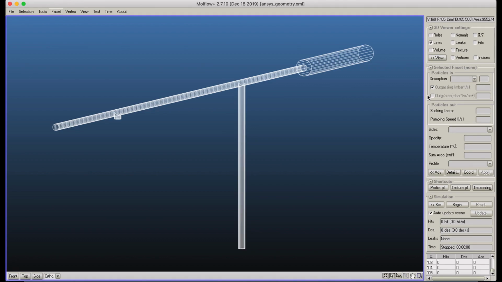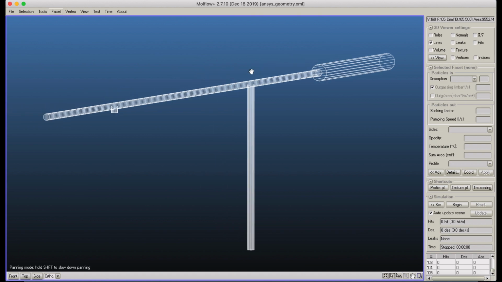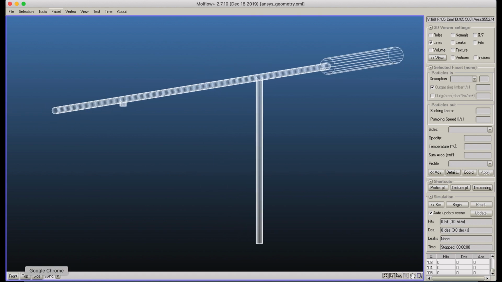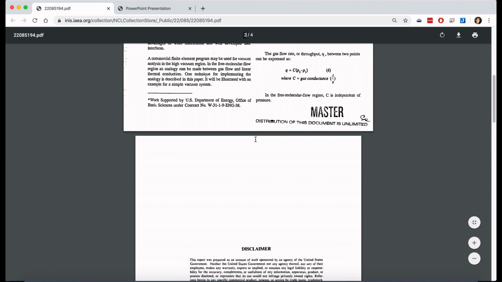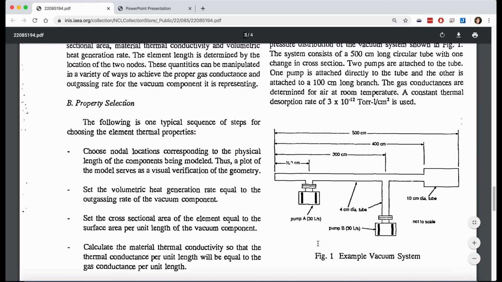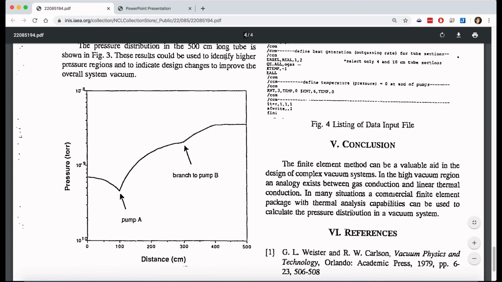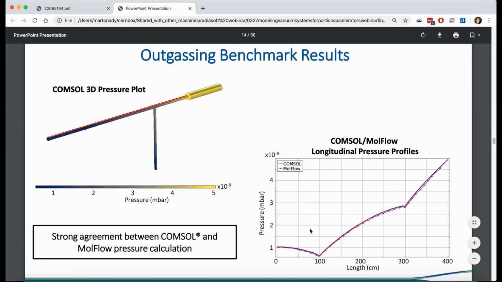Welcome to the second part of our geometry editing in Molflow. So here we have constructed a simple system. The goal was to compare it with this paper, which describes the same system in these schematics. And since this paper is also giving us the resulting pressure profile, and we have seen that it's basically a